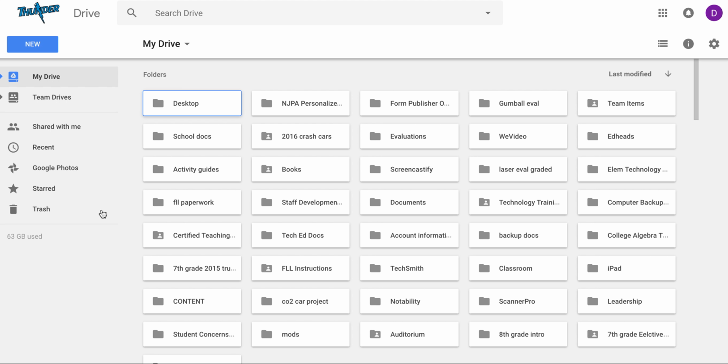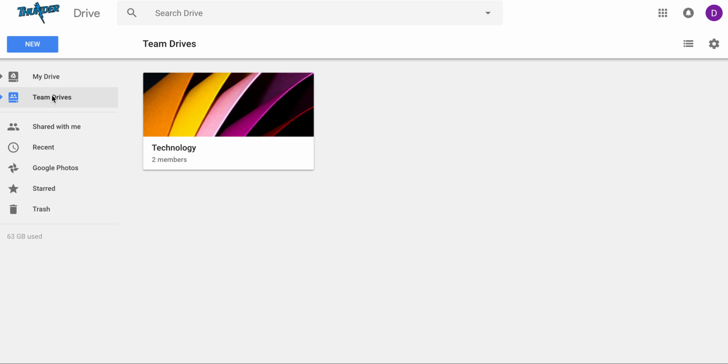Okay, I'd like to talk today about using the new feature in Drive called Team Drives. It differs from your regular Drive in the fact that you will have different members of this drive. It's kind of like a remote drive almost. So, for instance, we have the one folder in here or one drive called Technology, and that one is for